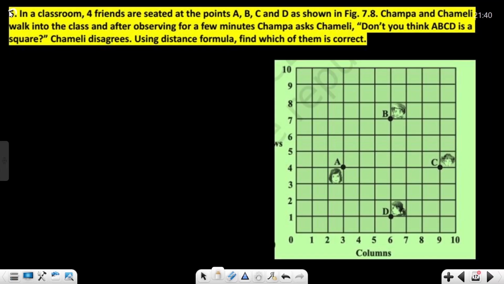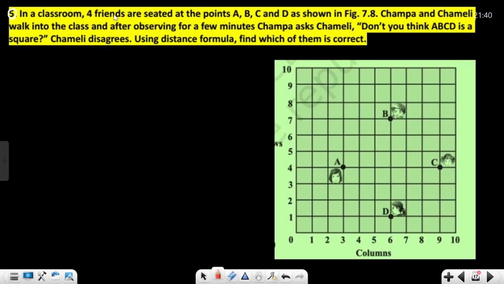Okay, now we solve question number 5. I gave you some hint so you can solve it easily. First we read the question. Question reading is the most important part of the solution. If we do not understand the question properly, how can we give the right answer? So first, read the question properly.